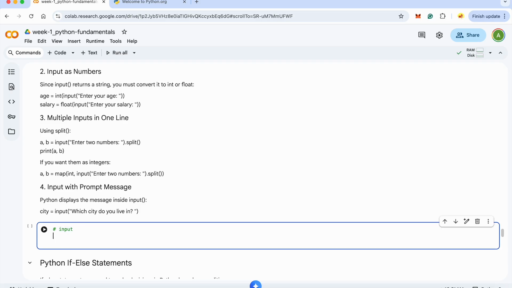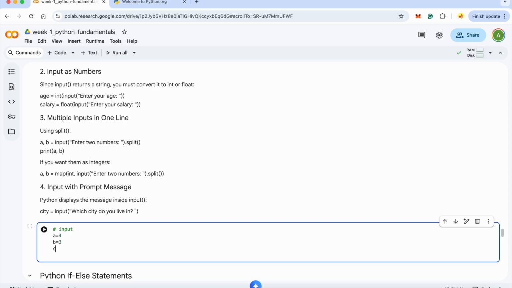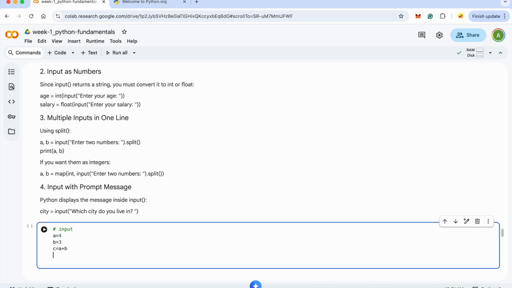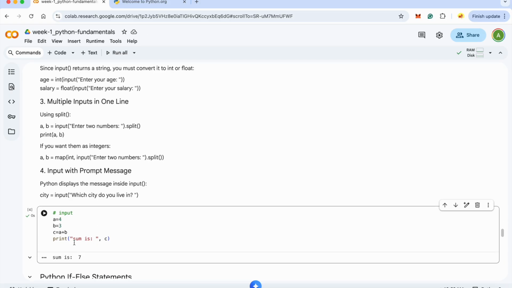So let's start. Let's take the same example. Right now we have a equals 4, b equals 3, I'm doing c equals a plus b, then I'm just printing sum is c, right? Now what I want is to pass this a from the user. So let's see how I can do it. So input, we have learned about it, and I'll pass this b from the user as well. Now if I run it,